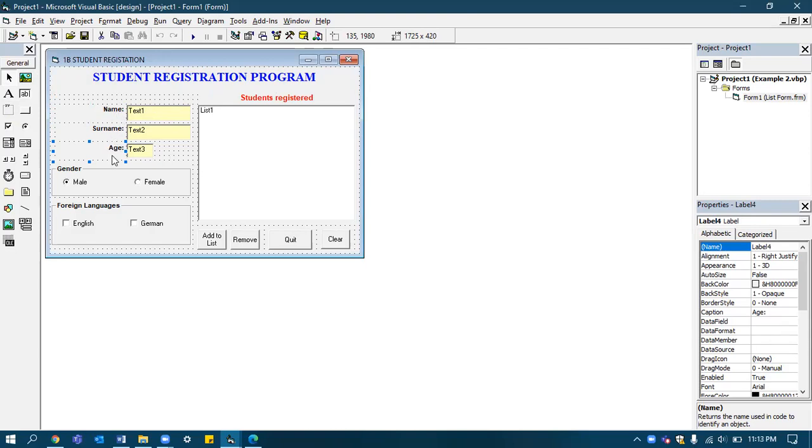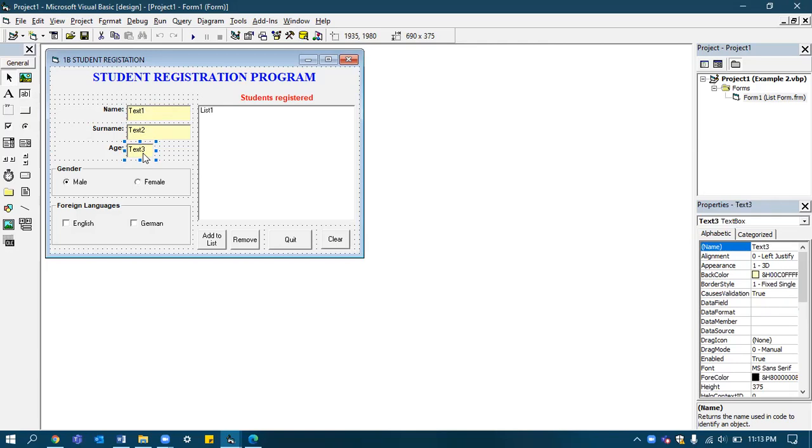3 labels once again I have placed, and then I have placed a text box. This is a text box, 3 text boxes. The name I have used is first one I placed here, second time I have placed, and third. So Text1, Text2, and Text3 I have given. Actually, no need to give; if you place them correctly, the system will automatically name them like this, in this order only.